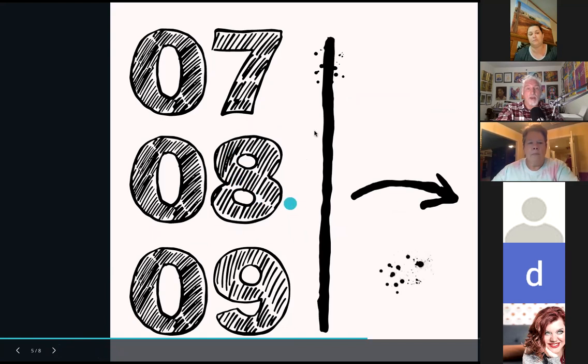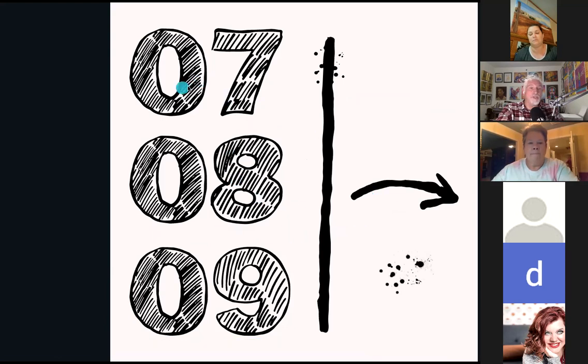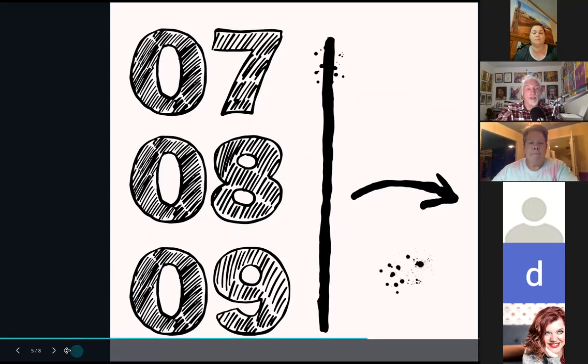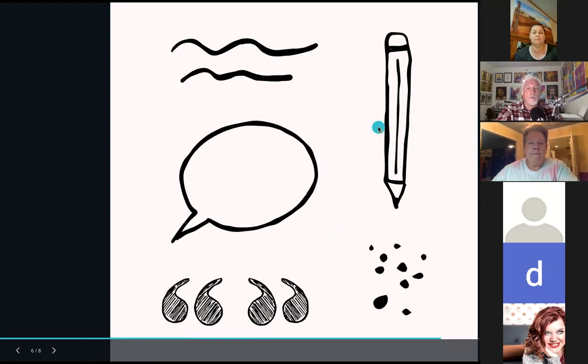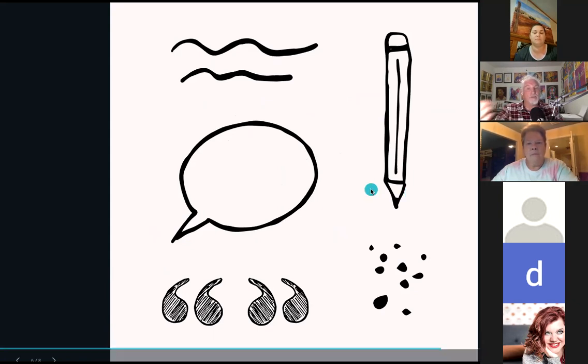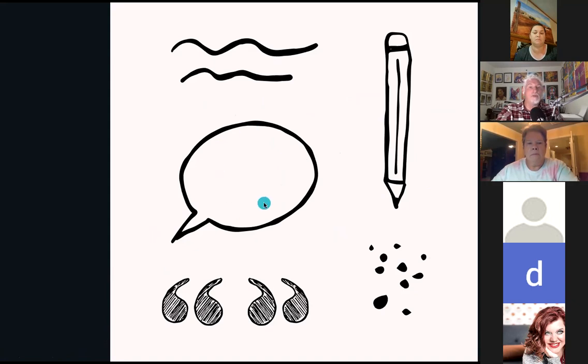So this would be, again, on a separate page. All you would need to do is select 07, 08, or this line, or this arrow, or this splatter mark, and then copy and paste it right into a new design if you want, or you would go ahead and use the template that I've already set up. There will be other icons as each month goes on. There will be a month where it'll be all about quotes, quotation marks, and